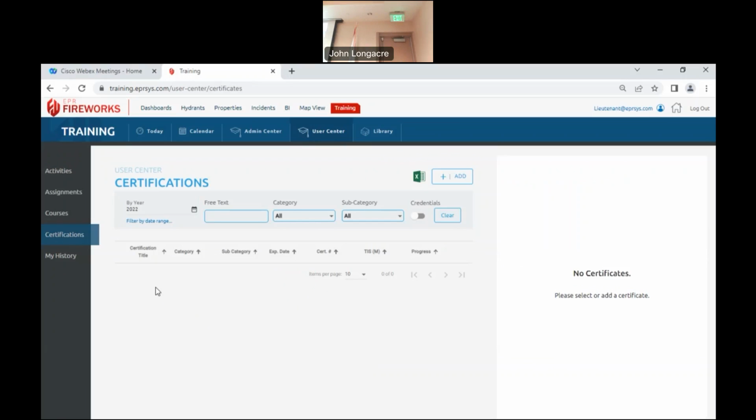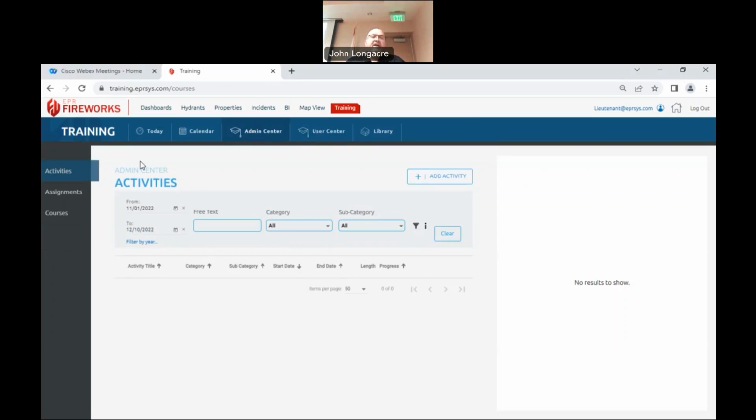I'm going to be able to track my net. Yes. So in the admin center, you'll be able to come in here and you can add activities, add assignments. We'll need to make a modification to this. There'll be one called user admin. You'll be able to select the name of your person and you'll be able to track their certifications and all that as well. Not just one person at a time, can I do a group of people at a time? It's going to be one at a time when you look at that,